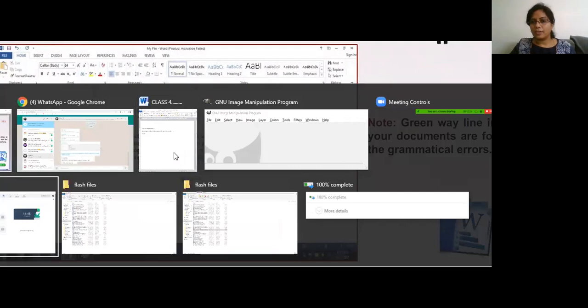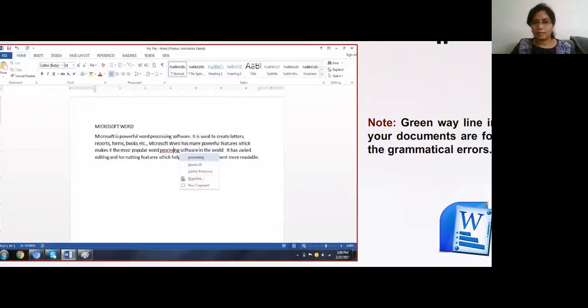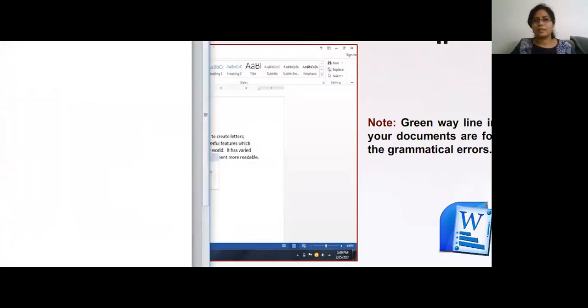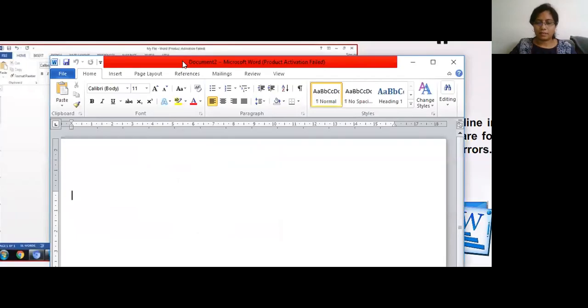I'll just open it for you. Can you see here? I've written the spelling of school in a wrong way. So it is giving me a red wavy line below that.